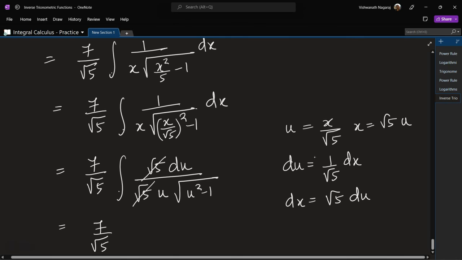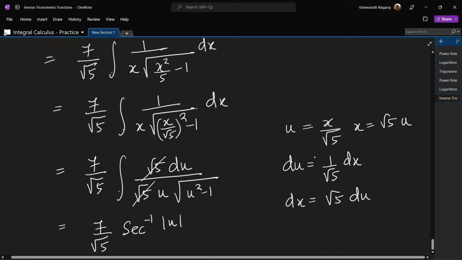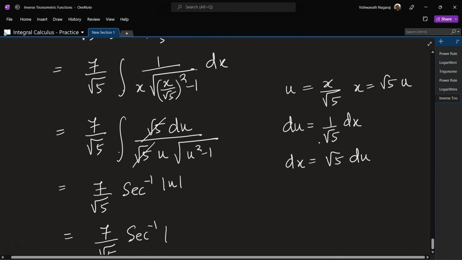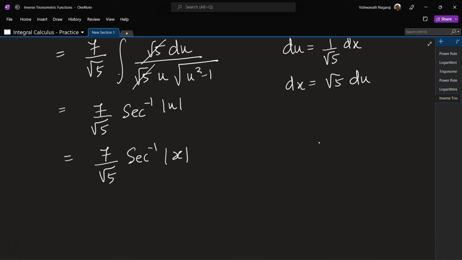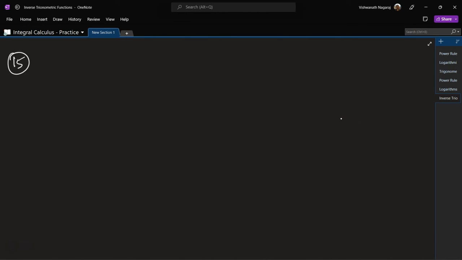So 7 by square root of 5, and this is what? This is going to be sec inverse of magnitude of u. Okay, because now we substitute back u. So sec inverse of u is x by root 5. So x by square root of 5 plus c. So that is the integral. Okay, let's look at 15th one. Integral of 2 by 4 plus 9x square dx,